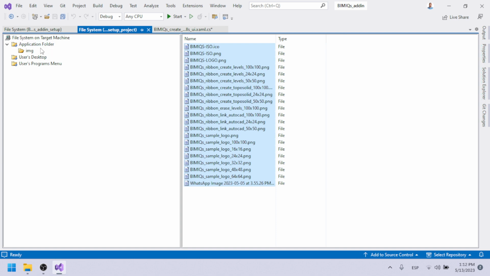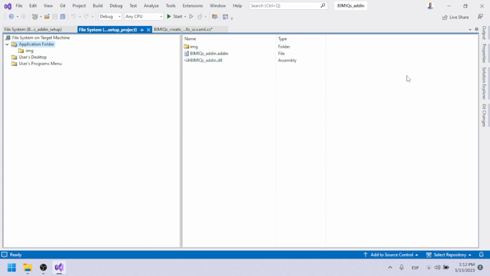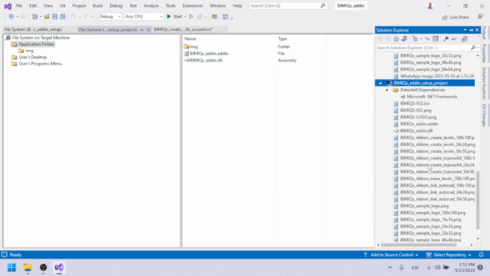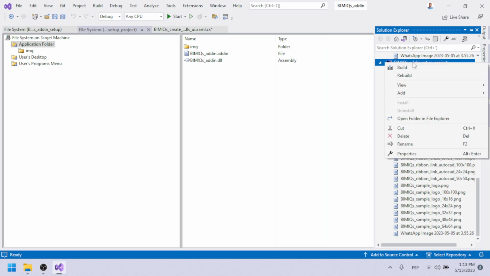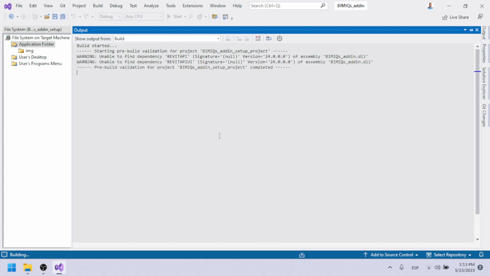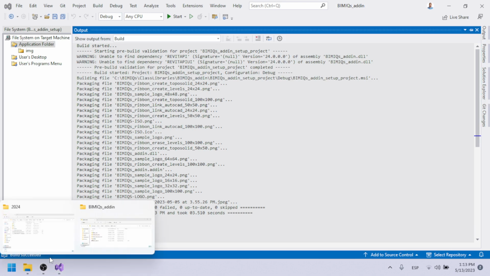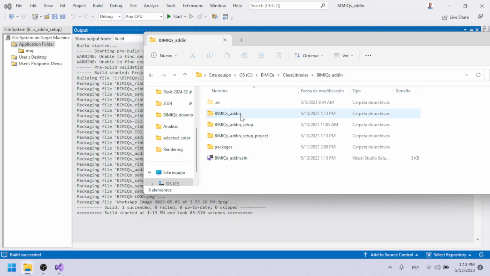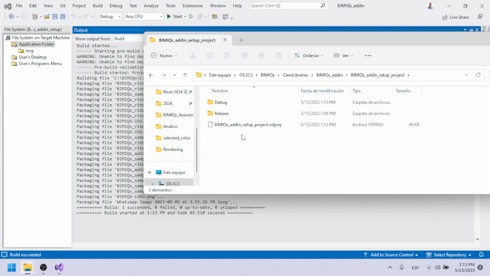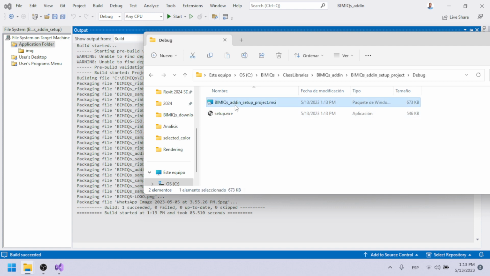And actually we are already set up. The next thing that we are going to do is only to compile it. I have the project here, and I'm going to build it. When I build it, it says it's okay. Now I'm going to go to my BeamIQs folder. Here I have the project, and because I compiled it in debug mode, I have here the project MSI. And it is so simple. This is the file that will install